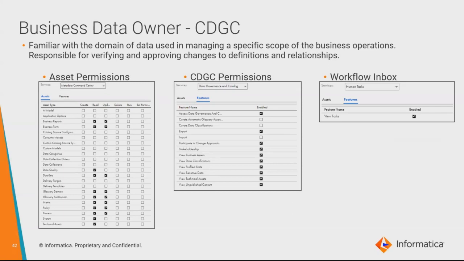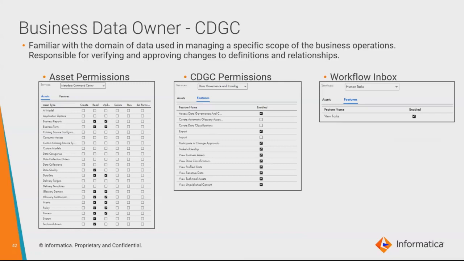So based on the key responsibilities along with the activities performed, below is the permission set for data owner across various services such as Metadata Command Center, CDGC, and human tasks. Please note, the permission set for each of the microservices is a combination of asset permissions plus feature privileges. Asset permissions refer to what all assets a user